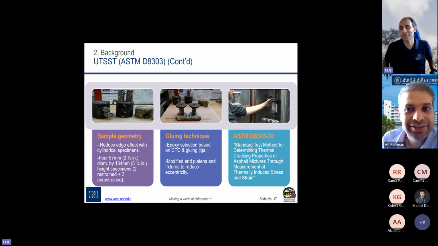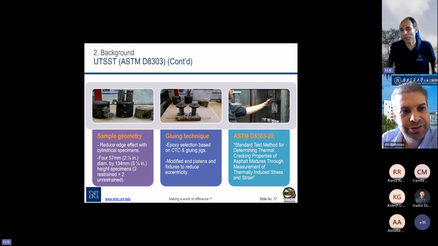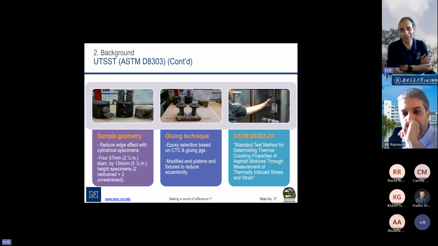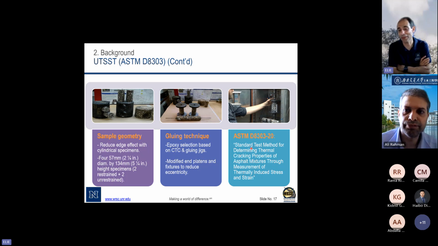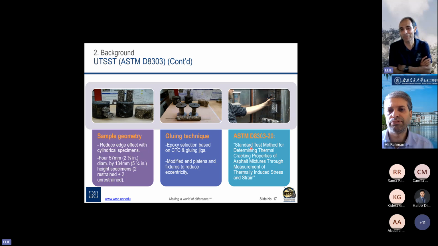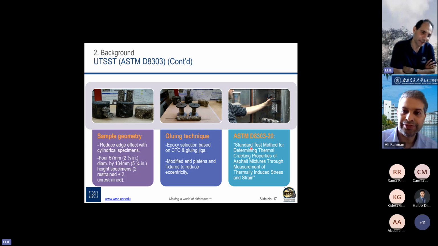My answer would be it depends, because in some modeling we've seen that thermal cracks may start at the bottom of the AC layer. That's when you have a large difference in stiffness between the AC and the underlying layer. While we anticipate that the majority of thermal cracks will start at the top, there are cases where thermally induced stresses can be much higher at the bottom of the AC layer because of friction and the difference in the coefficient of thermal contraction. For that case, thickness is going to play a role.